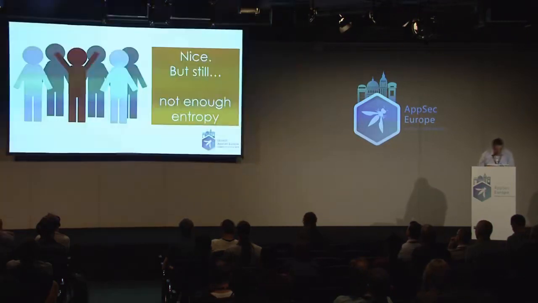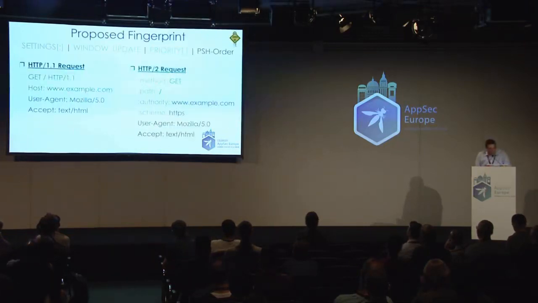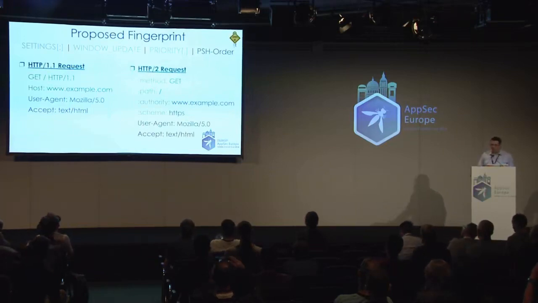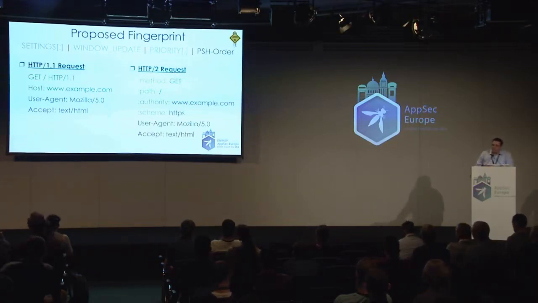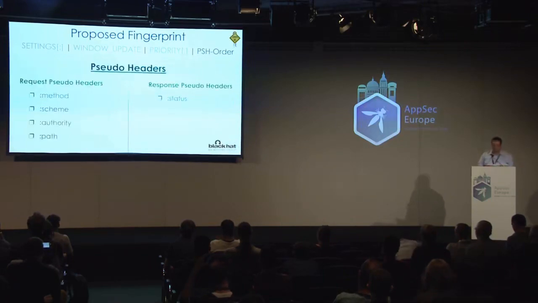But we tried one last thing to gain that entropy, and that is the last element that we are going to talk about, and that's pseudo headers. On the left, you can see a regular HTTP 1.1 request with the headers and the starting line. And the starting line of HTTP 1.1 actually conveys some information such as the method, the path to the resource, and the protocol version. So to replace that, the RFC